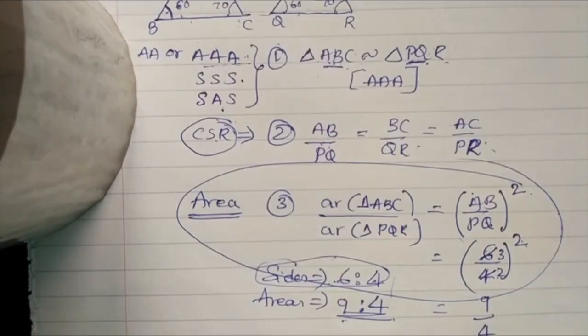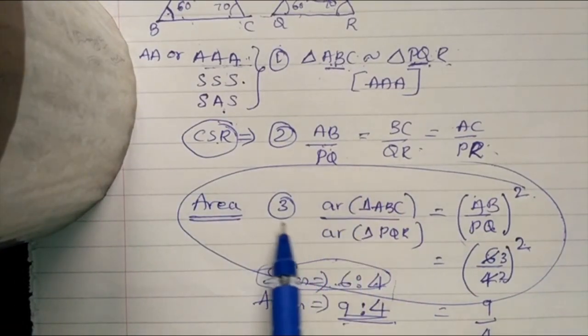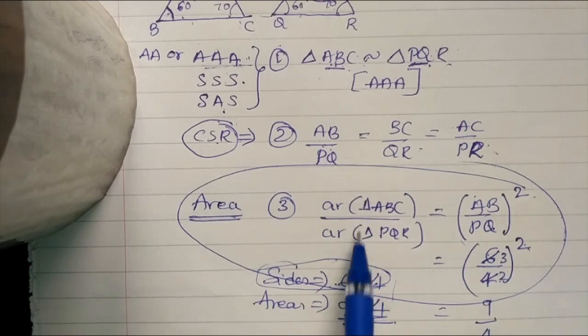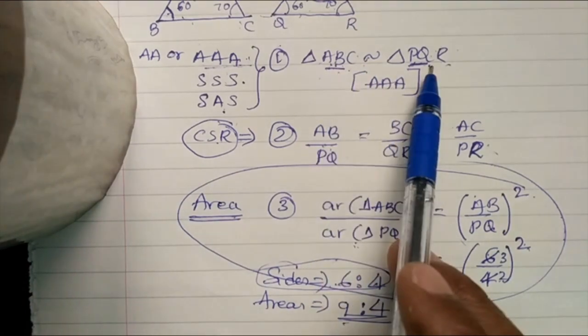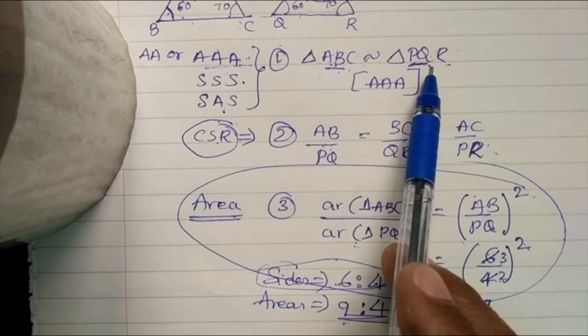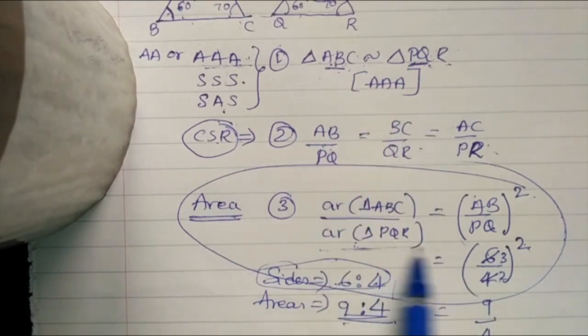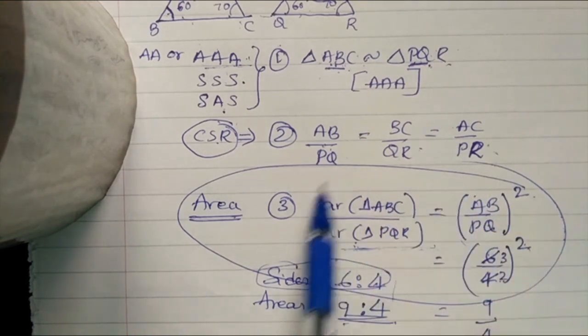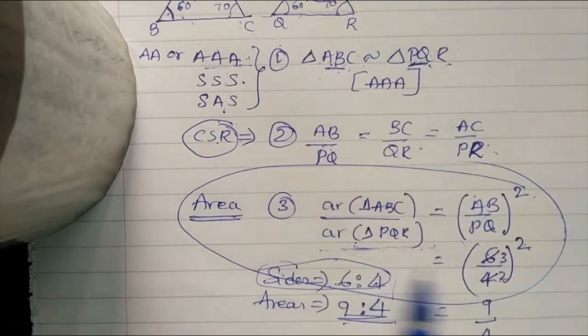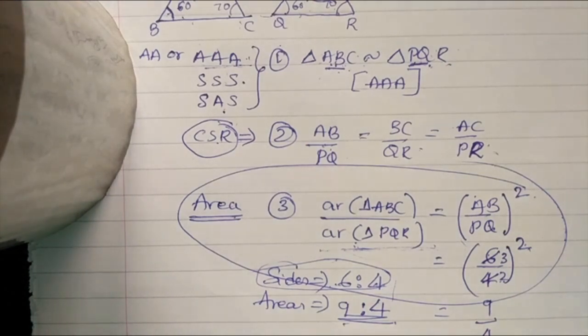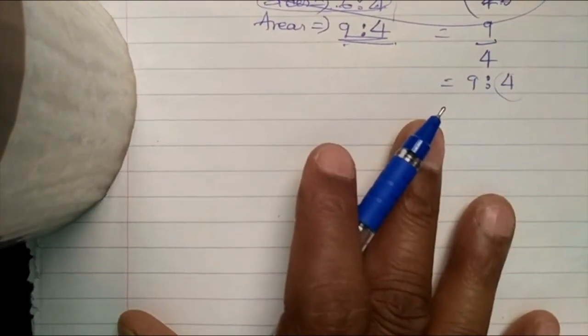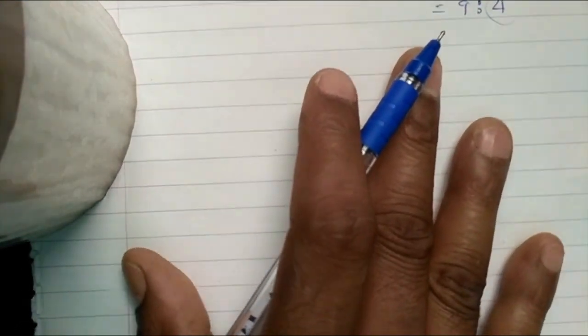One thing to keep in mind before going to the problems. When you are writing the ratio of the areas of both the triangles, those triangles should definitely be similar. Only if the triangles are similar can you go for this. If triangles are not similar, you cannot write like this. So what to do? Whenever you want the ratio of the areas of two triangles, first get the similarity proof, then go for it. First prove the triangles are similar, then go for squaring of their corresponding sides.